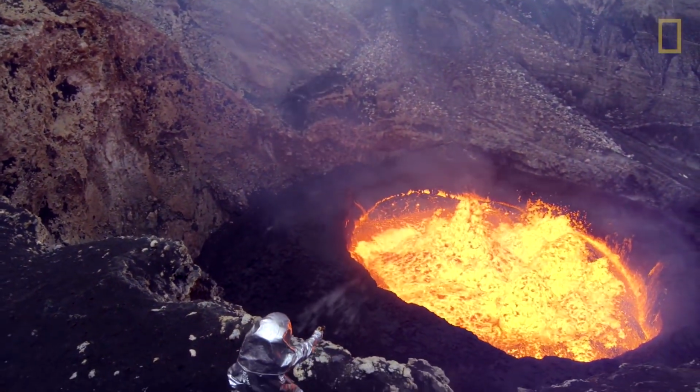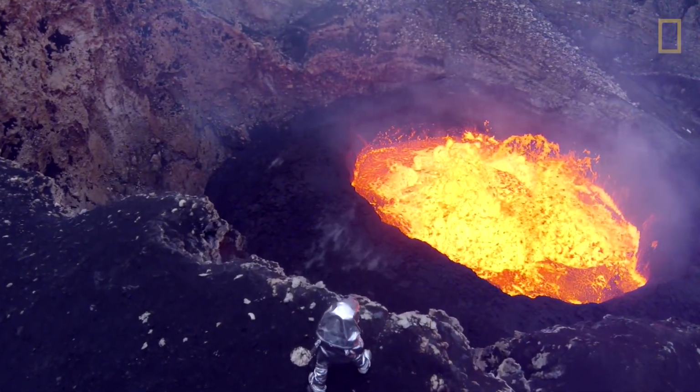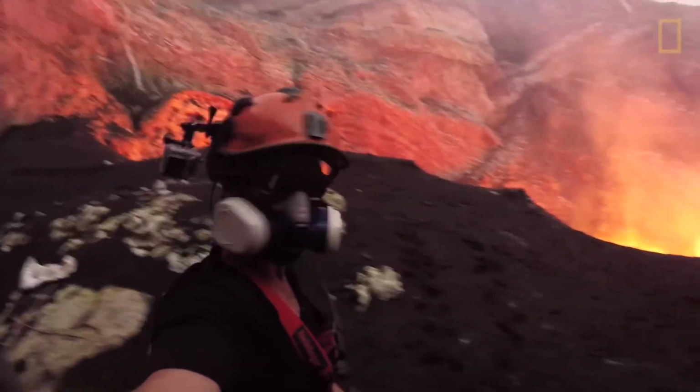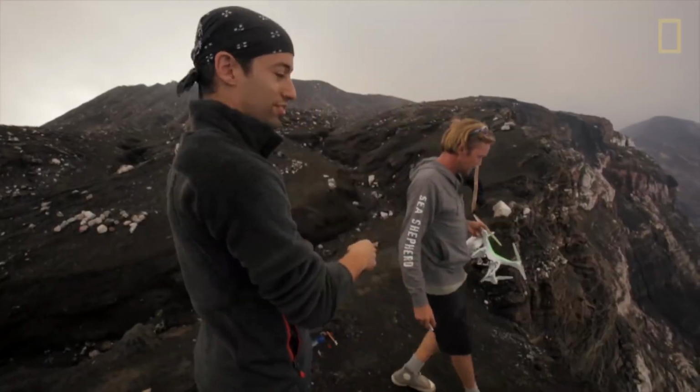It's a glimpse into the center of the Earth. It's like listening to the heartbeat of the planet. The physiological effects of being inside the volcano are significant in that you have every force down there trying to kill you. All right, so let's use the drone to...